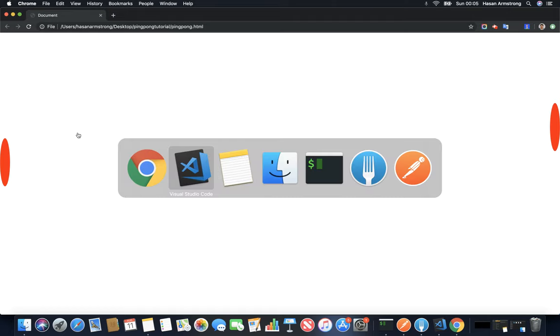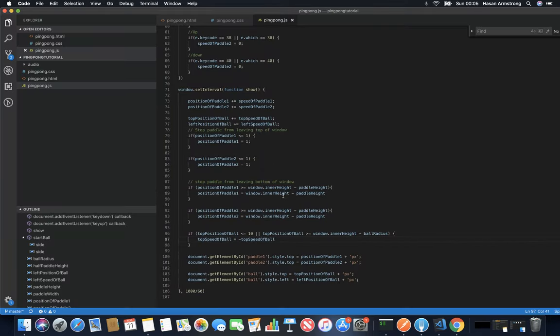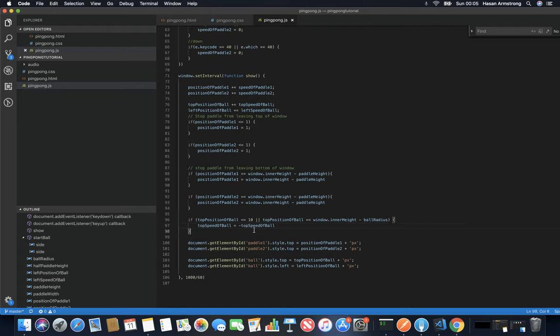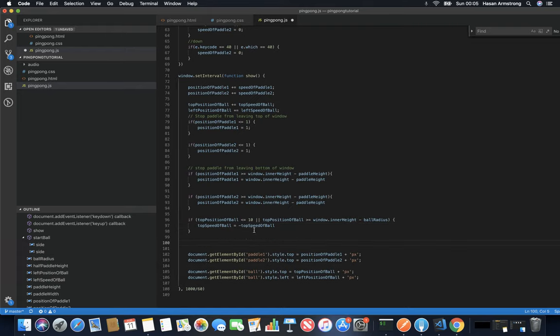Now we need to find a way to make the ball bounce off the paddle. So when it hits the paddle, the ball reflects. So this is the main logic of the game, and the hardest part. So bear with me. If left position of ball is less than or equal to the paddle width,